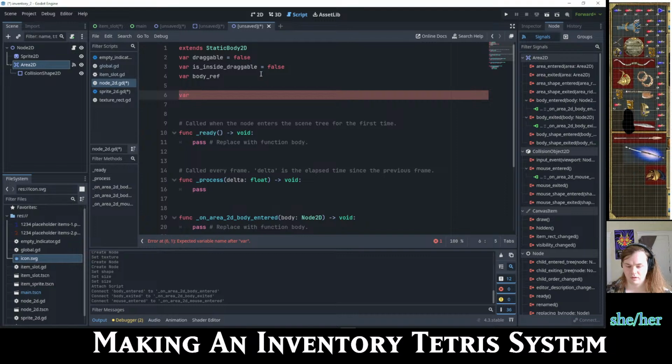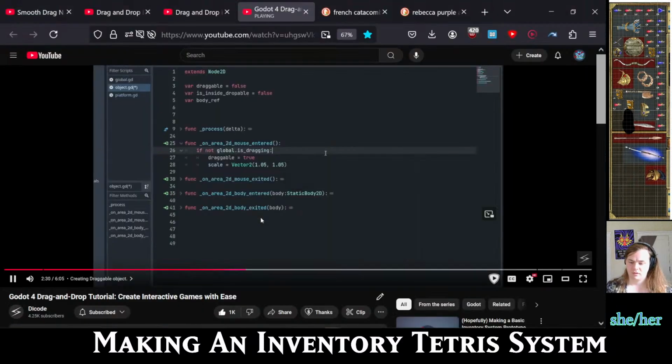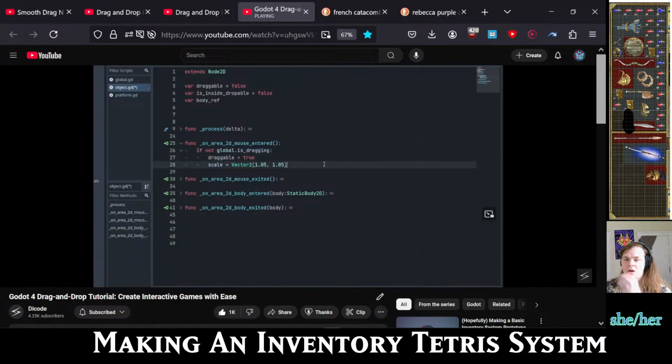Var, let's just call it large item. There we go. If we are not dragging anything else, then we set the draggable to true, and also for some feedback effect, I'm scaling the sprite just a little bit. Similarly, whenever